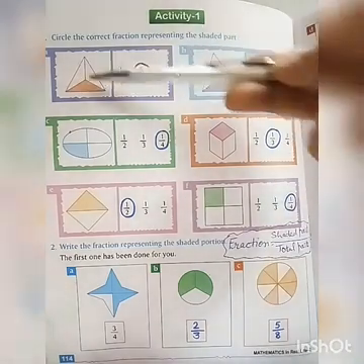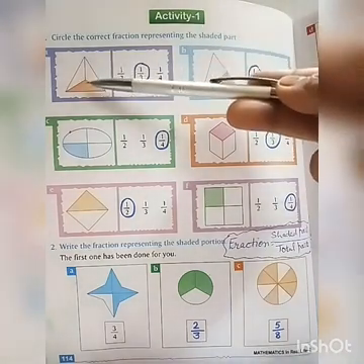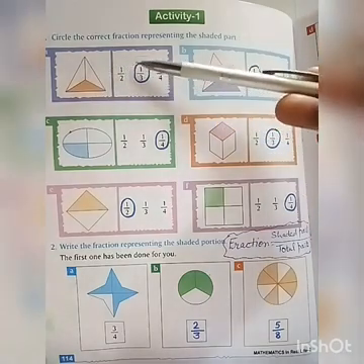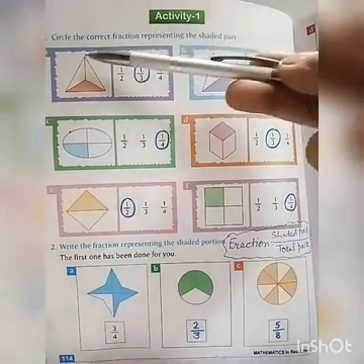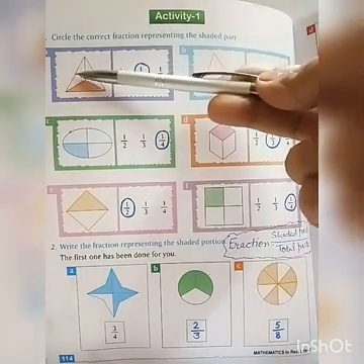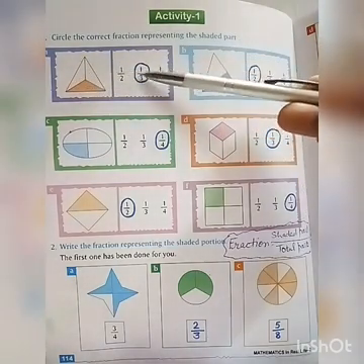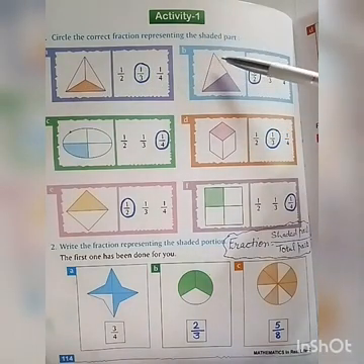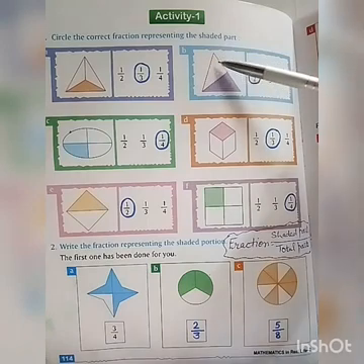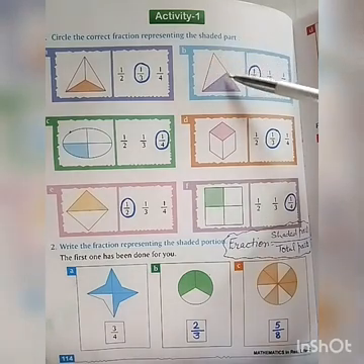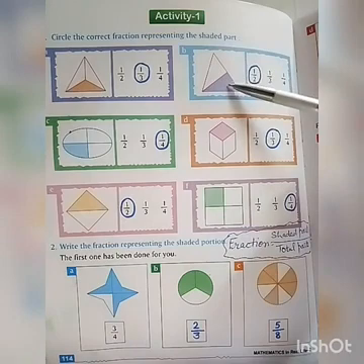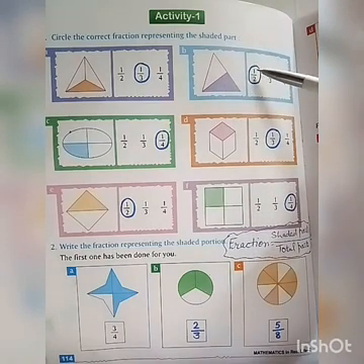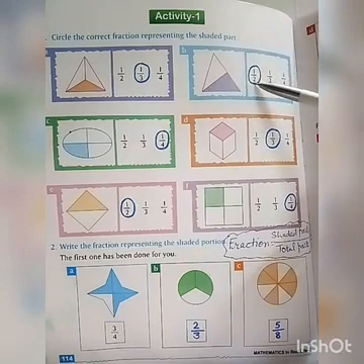Now see the A part. How many parts are shaded in this figure? Only 1 part is shaded. So we have written 1. And now how many total parts are in this figure? 1, 2 and 3. So the 1/3 option is correct. In the B part, in this triangle only 2 parts are given and 1 part is shaded. First we will write down the shaded part and then total parts. So the option 1/2 is correct.